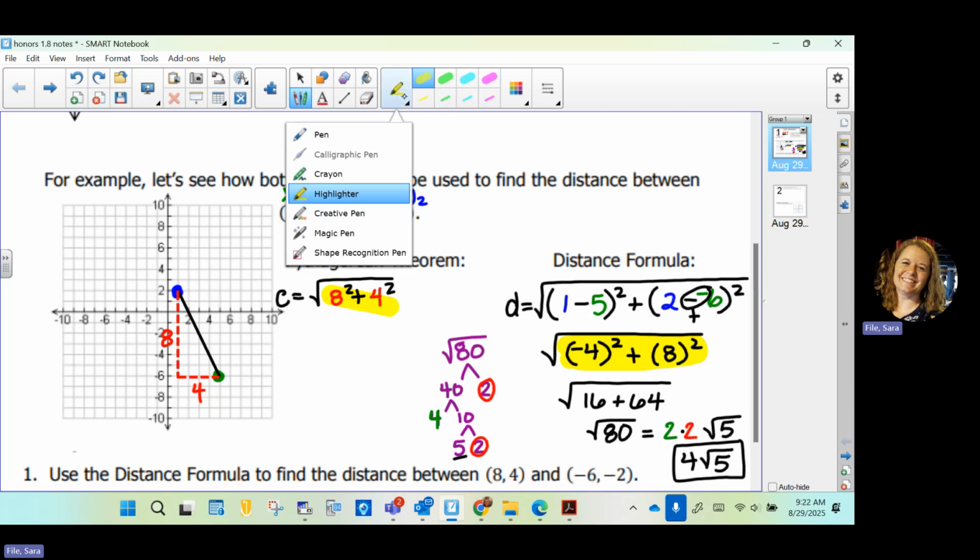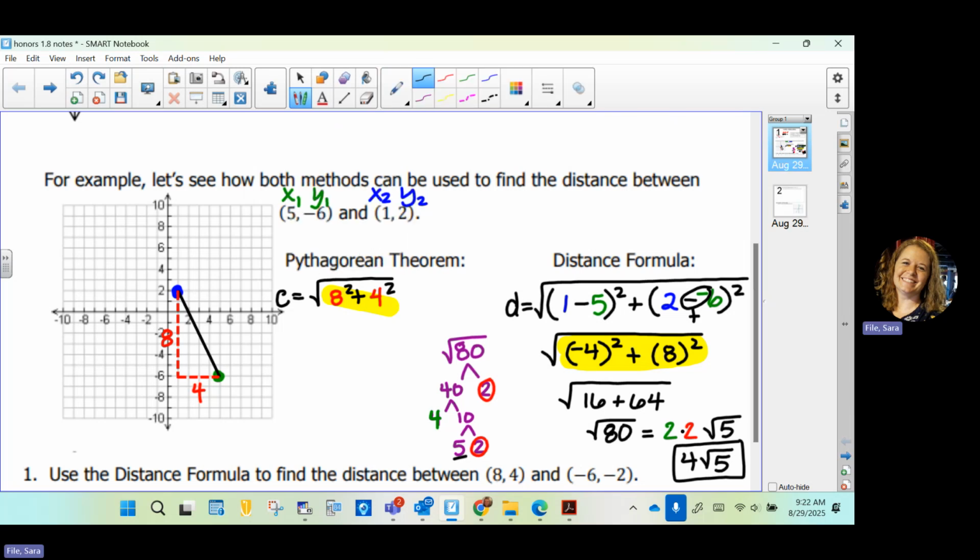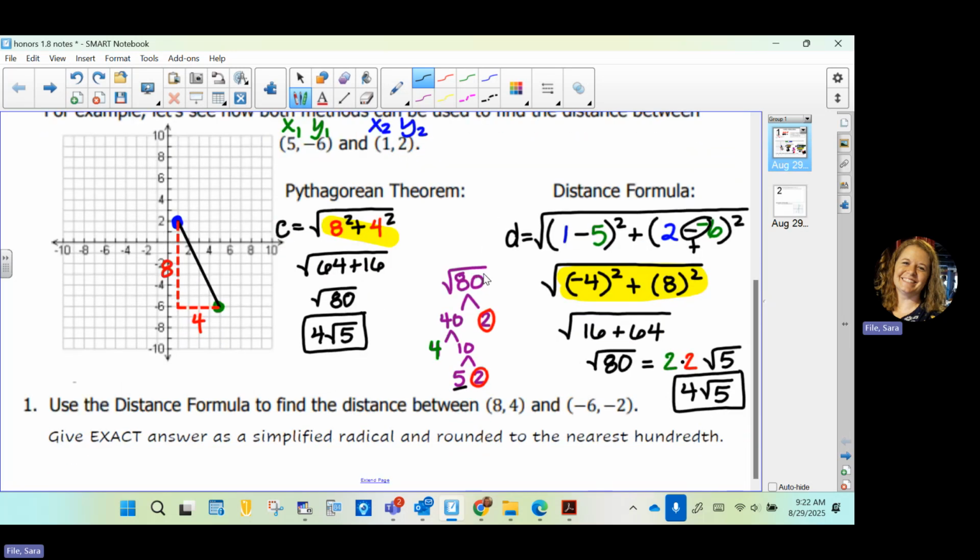Okay, so we end up with that 64 and 16, we said was 80, and we already simplified that to 4√5. Does everybody see you can do both methods and get the same answer? Yes. All right, awesome. Okay, so in number 1 here, we're going to use the distance formula